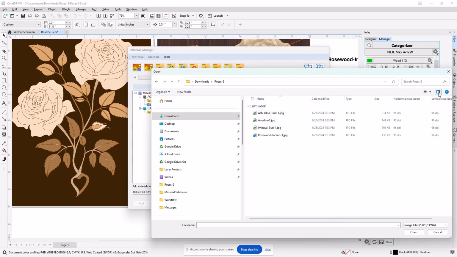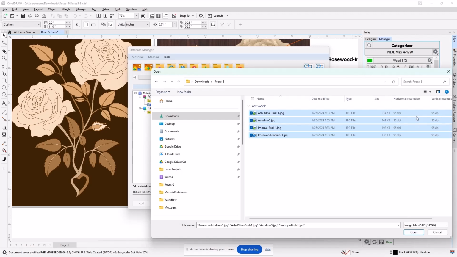I have a preview. We're going to load them in, and we're going to check sizes before we get too fancy here. So this one is a select all, and it does by file name, each one of which is the wood type, a -3, meaning it's not duplicating something. If I had done a -3 and I tried to load it a second time, it will complain and say, are you sure you want to do that? Because it already exists. But let me go ahead and hit open.